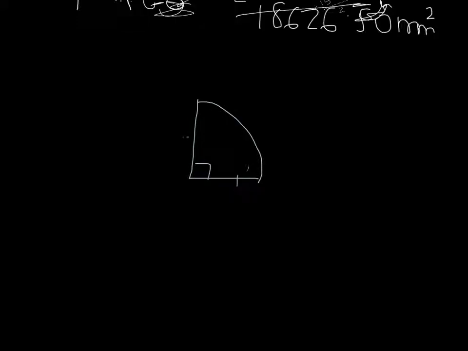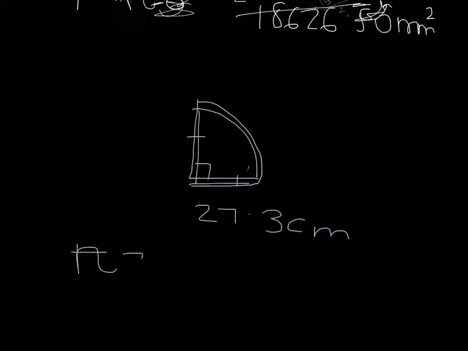And they went like that, so they're showing the sides are the same, they're showing that's the right angle, and they're saying it's 27.3 centimeters. Now we know that's the radius, because this is a quarter of the circle. So we're going to go pi 27.3 squared. Right, so let's do that first. So we're going to go pi 27.3 squared gives you